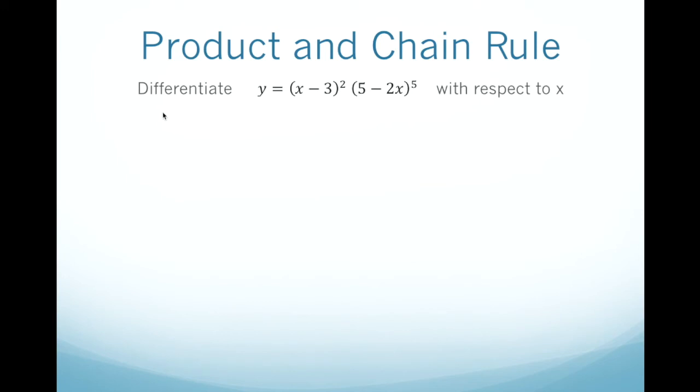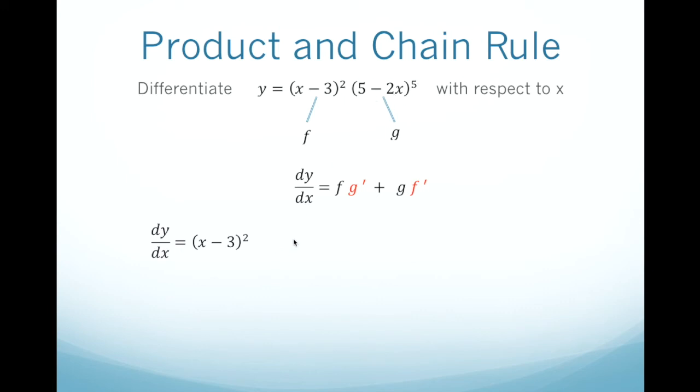Now, x minus 3 quantity squared, so this is going to be our f. And then, of course, the other one will be considered as our second function, which is g. Now, the product rule, once again, is fg prime plus gf prime. Now as you can see, x minus 3 to the power of 2, obviously we have to use chain rule for this. So the dy dx now is, copy f and then multiply to the derivative of